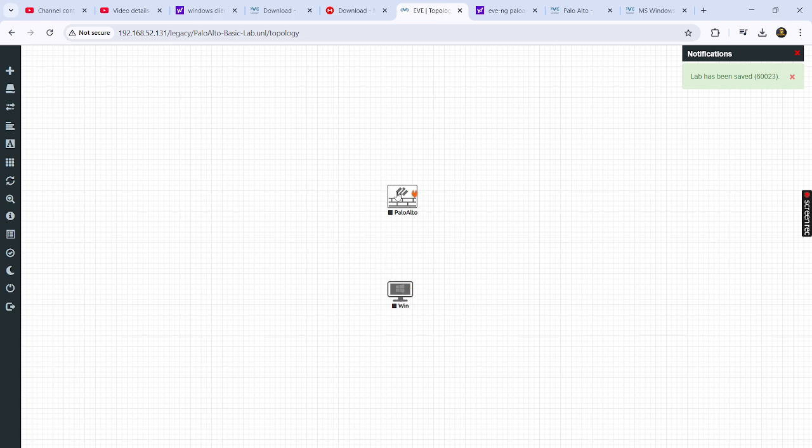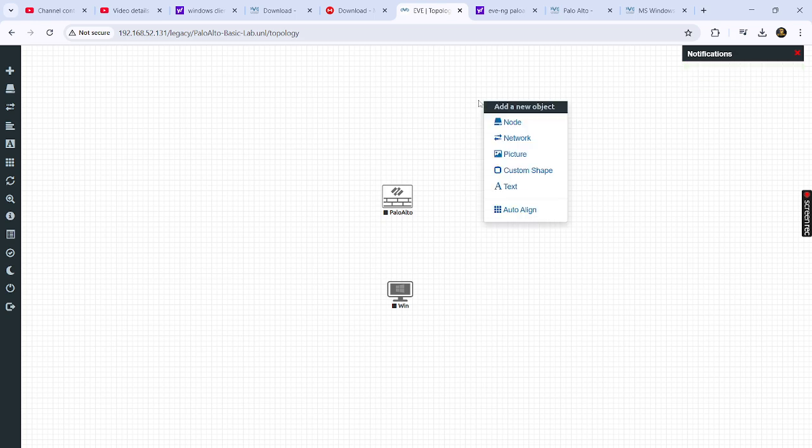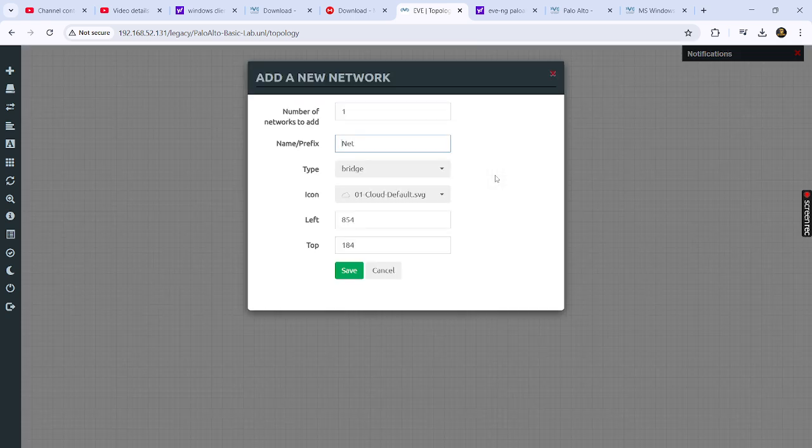And the next thing we need to do, we need to have the management cloud. Okay, because the Palo Alto firewall mainly works on the WebGUI. So if you want to get an IP address for the management interface, you can just add a management cloud here.